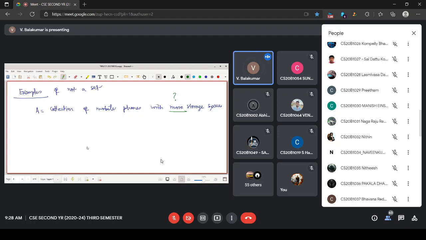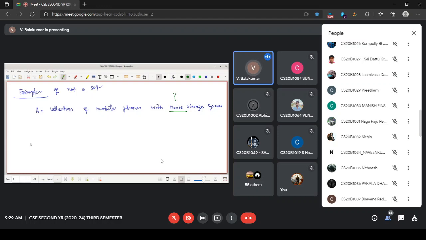This more is depending on the person who is looking at it. For me, 16 GB itself is very high. But for you, it may be 64 GB is high. So this is depending on person to person. So you cannot decide.